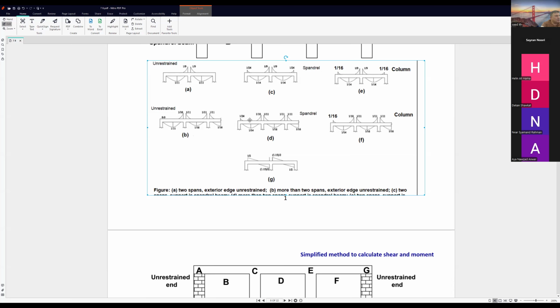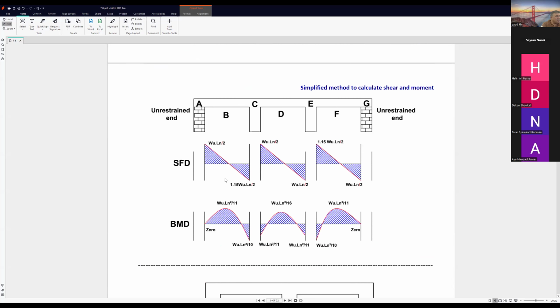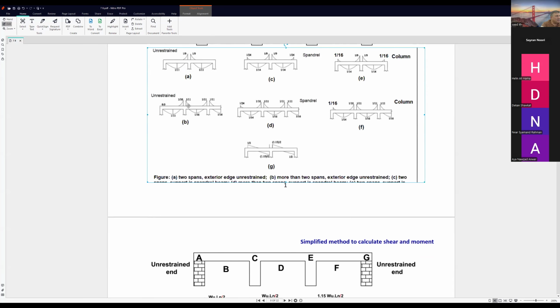So here we have spandrel, unrestrained, this 0, WLn square over 11. Okay, this one, WLn square over 10, WLn